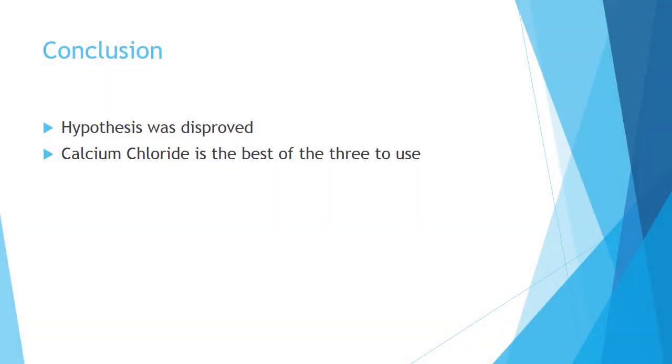The hypothesis was disproved because calcium chloride was the best of the 3 substances to use. This is because calcium chloride had the fastest ice melt time, the best water quality, and the smallest distance from the